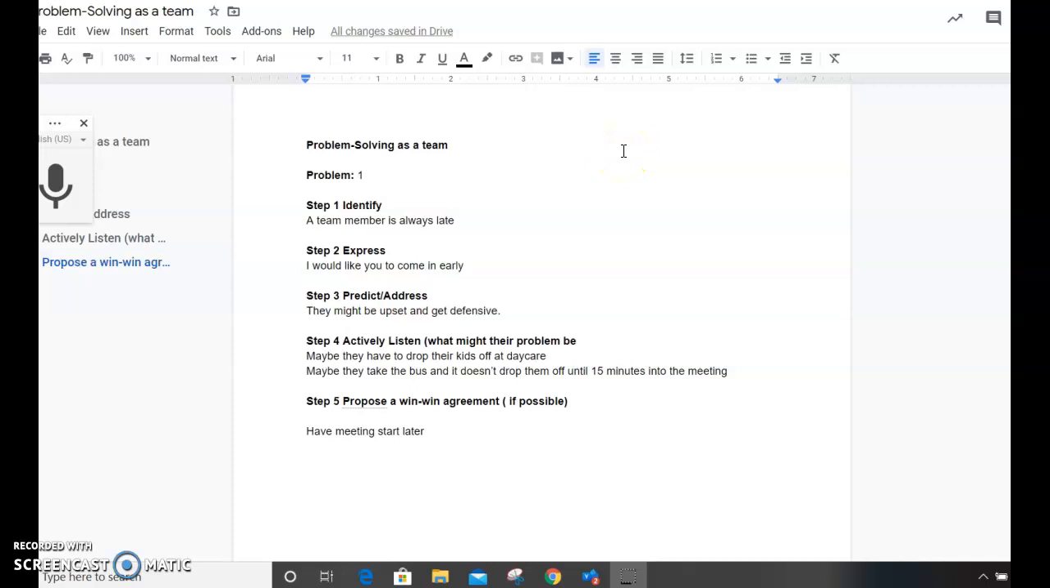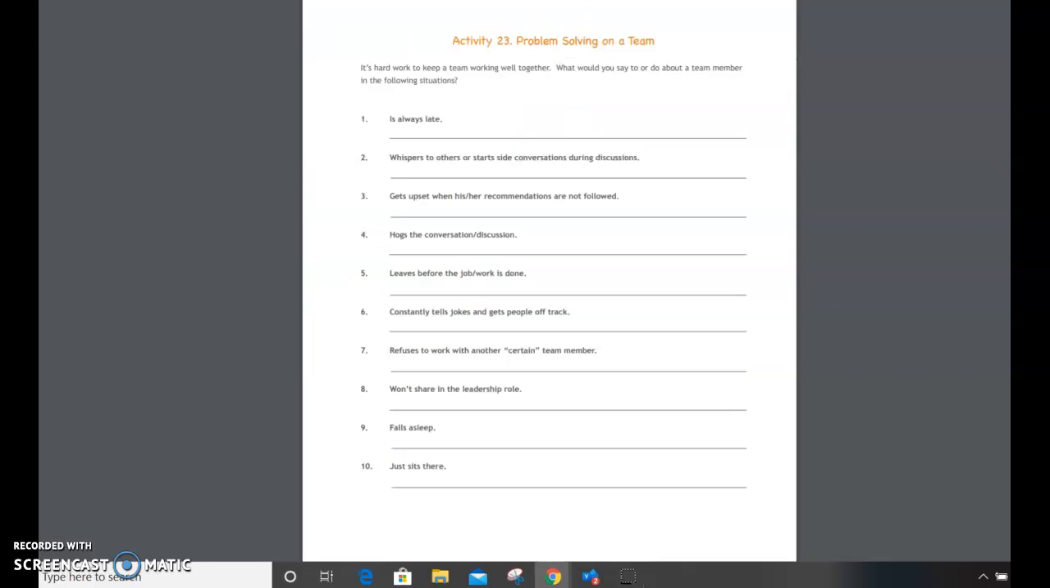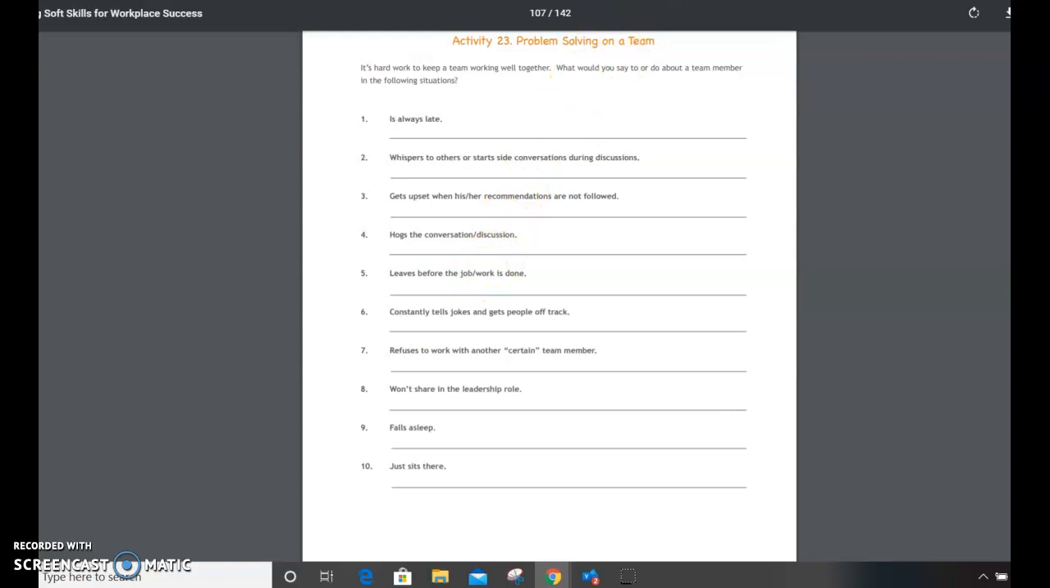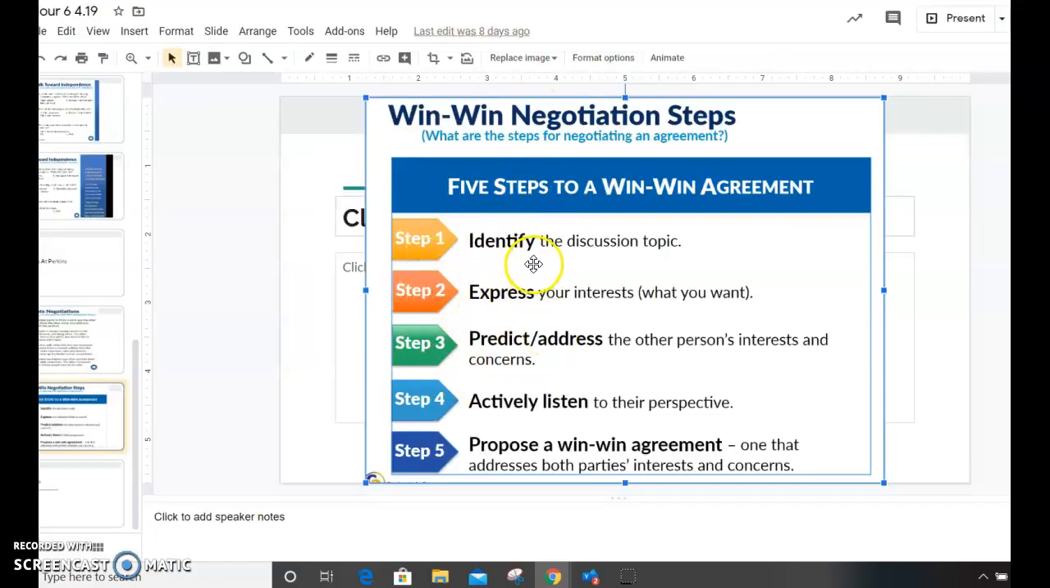Hey guys, today we are going to do this problem solving as a team assignment. First things first, obviously it's a little bit weird to be talking about problem solving as a team when we all have to work individually, not as a team, but this is just kind of the predicament we are in. This assignment will be very similar to that past assignment where we used these steps to figure out